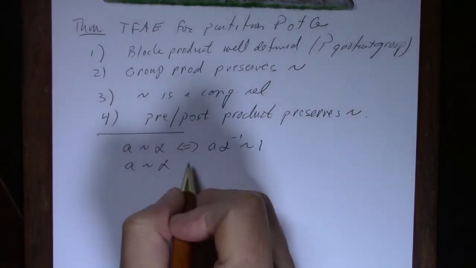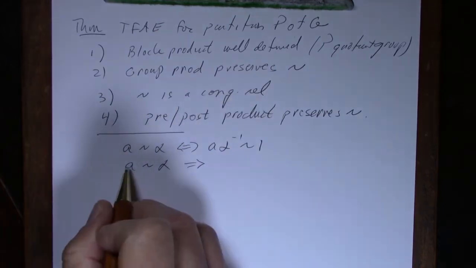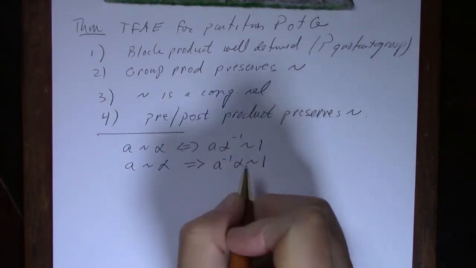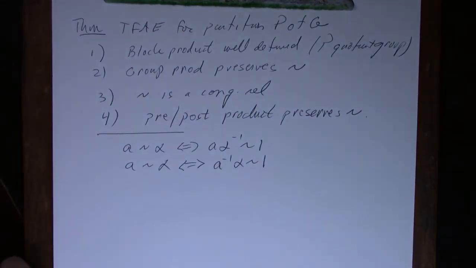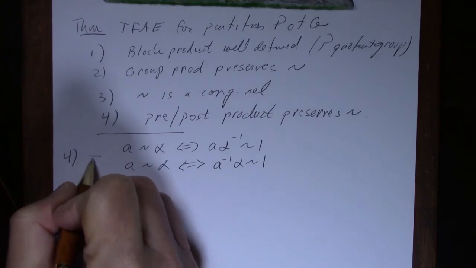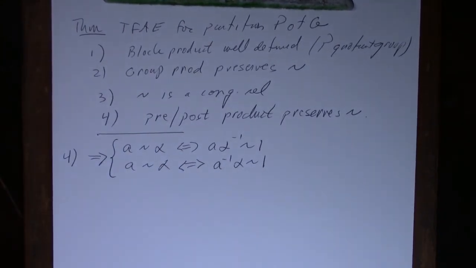Also, instead of having the inverse being the second one, we can have it be the first one. A inverse alpha is equivalent to 1, and this also goes both ways. So 4 gives us these two conditions,